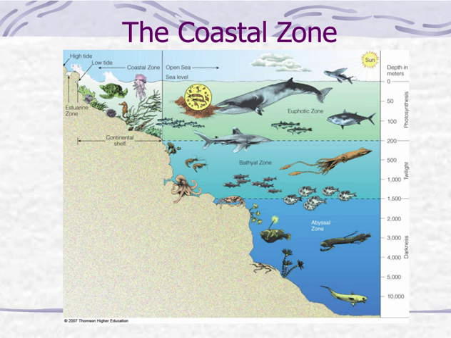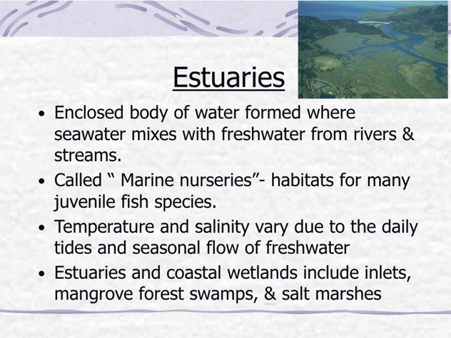All right, let's talk about estuaries a little bit. An estuary is where your seawater and your freshwater meet, where rivers and streams enter. So thinking of Alabama, you have the Delta over in Mobile, Alabama. They have huge biodiversity. They're called mini nurseries because you have all these habitats for a lot of juvenile, young organisms,